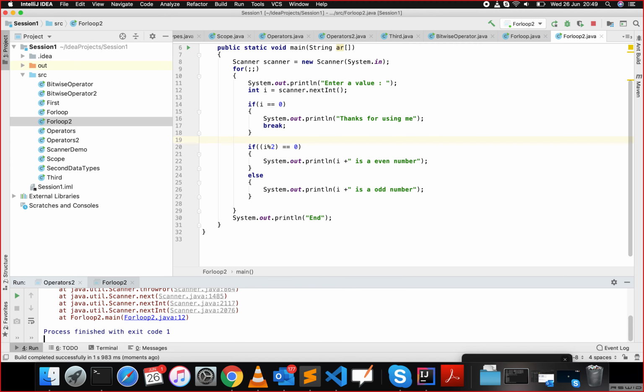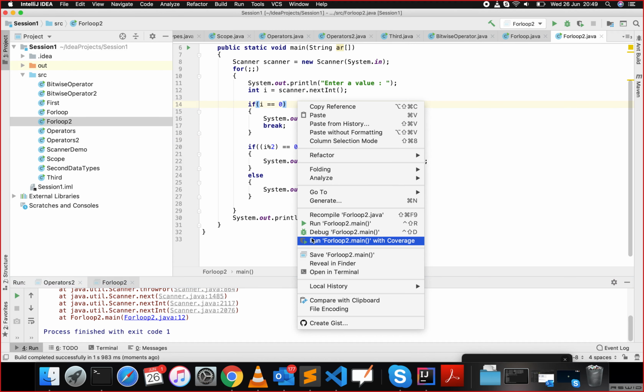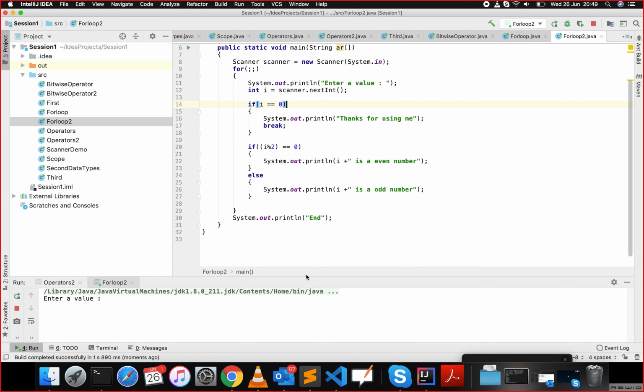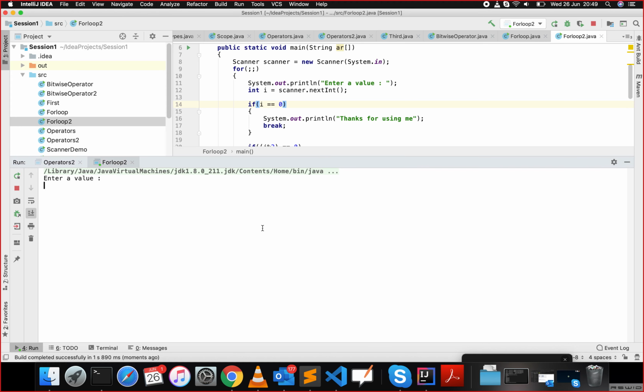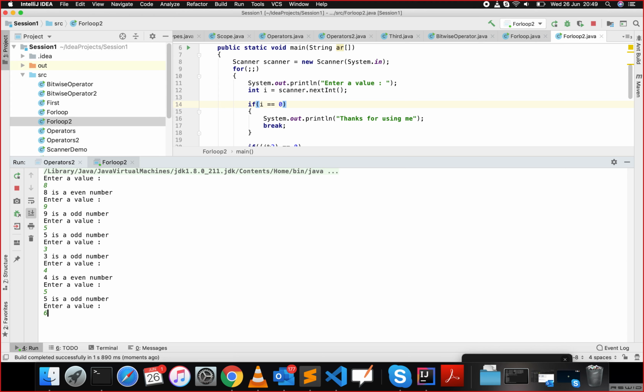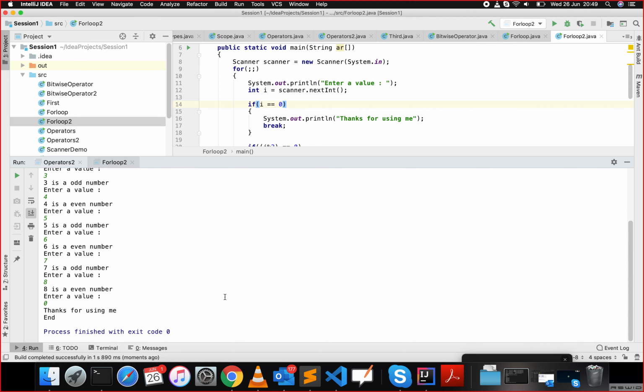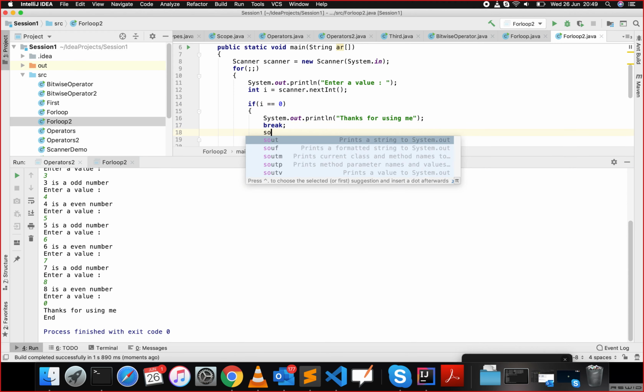If I press 8, it is an even number; 9 is odd; 6, 5, it keeps on going. If I press 0, see this one, it prints "Thanks for using me, end." Because what happened was, say for example, if I put a statement after this,